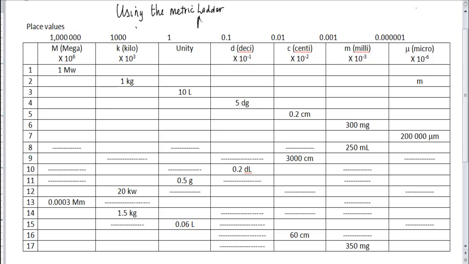And if we were to put this in place, you have million and then 2 powers of 10 before you get to kilo, which is 1,000, and 2 powers of 10 before you get to unity, which has no prefix, and then 1/10th, 1/100th, 1/1000th are deci, centi, milli, and then there are 2 places before you get to the micro prefix. So for example, if you start with 1 megawatt, you want to represent